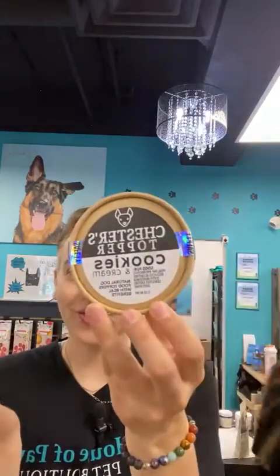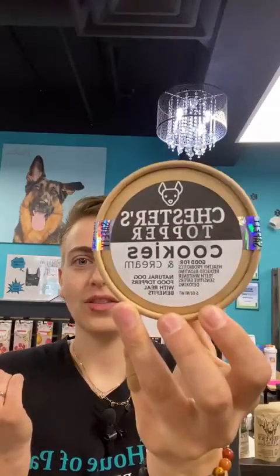They're the cookie and cream flavor. I'll just show each camera there. These ones are awesome. They have healthy probiotics because they are made with goat milk. They're great for your teeth because they have the activated charcoal and coconut oil in them. They also have turmeric, so they're anti-inflammatory. They're just really great for sensitive mouth, sensitive teeth because they have that activated charcoal and the coconut oil and the turmeric. So we're getting inflammation plus plaque plus all the good mouth stuff going on